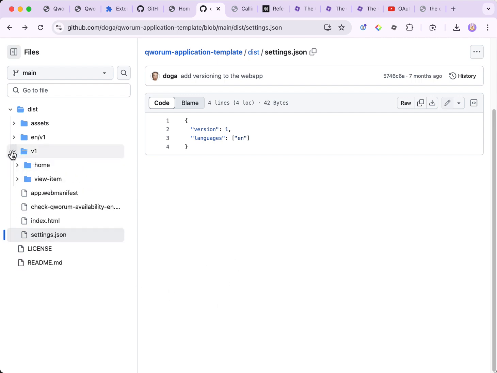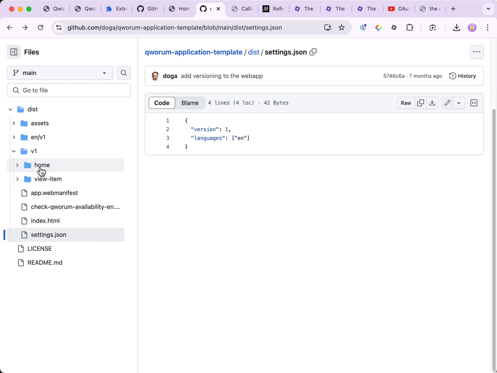So we have the versioned API with a V1 version available right now, and it has two endpoints. These are the paths that will be called by the API caller, and then we have a localization phase.